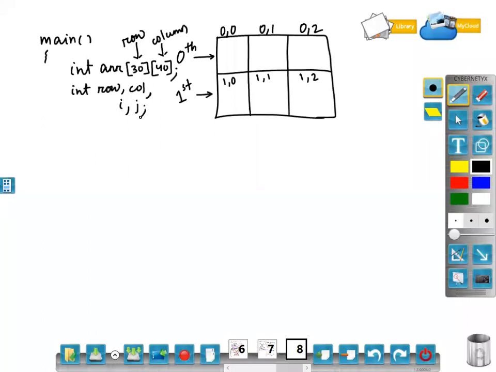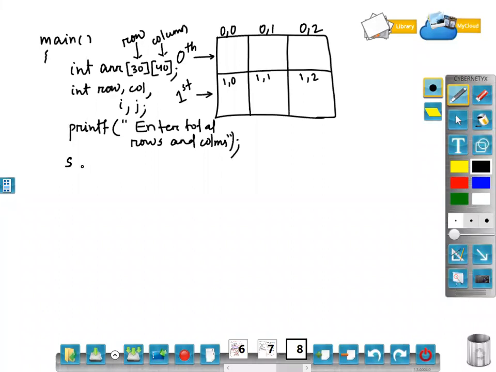Okay. So before going to the program, first I have to ask the user what is the total row and column. Yes or no? Enter total rows and columns. Okay.